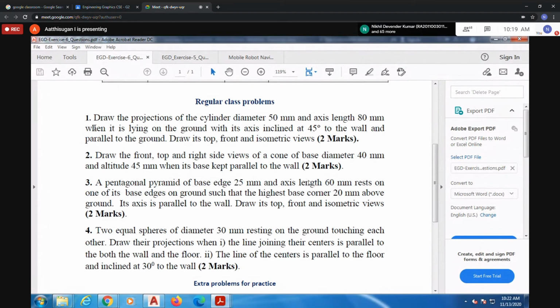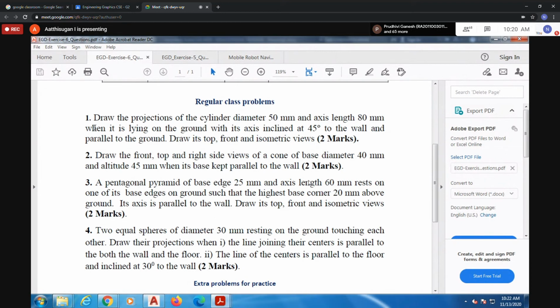So which will you start with, front view or top view first? Okay, you decide. Anyway, everything I explained, okay. So maybe you're not serious about the subject. Find the answer to the first question, because that is very easy. The first and second questions are very easy. Only the second, third, and fourth questions are difficult to try in AutoCAD. But that one I'll write in AutoCAD. Okay. First two questions, find the answers.